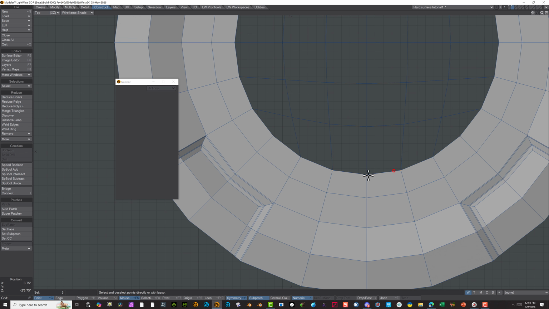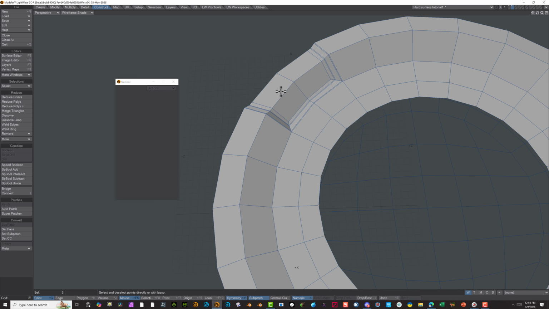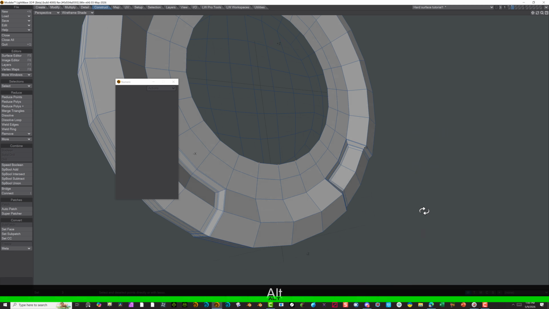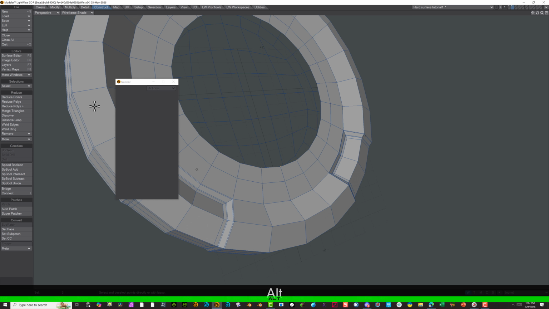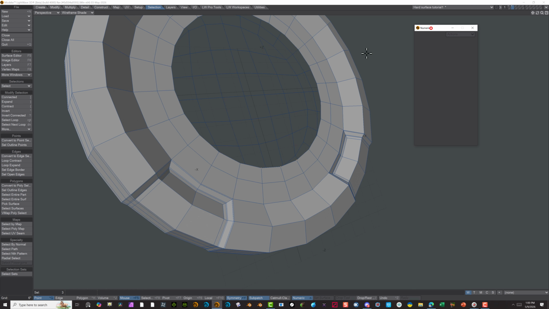All right, so I'm going to select these points now and just pick those two. And we're going to, again, go to selection mode. Make sure it's on the perspective so I can see what I'm doing. And I want to make sure that I go to selection, and we can now select the sections. So selection, select loop, move this to the side. So select loop, select loop. There we go. And now we can actually go back to the